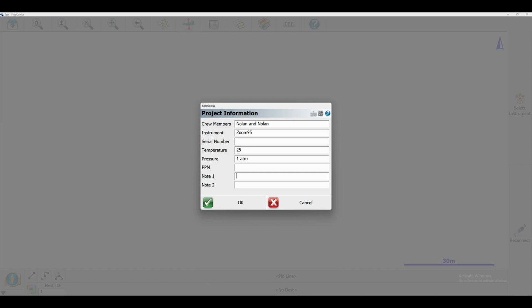I can then also enter my ppm and any notes I have. In my case, I'm going to add a note that says a little more about this project, and I'm going to say